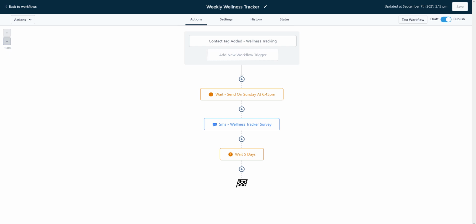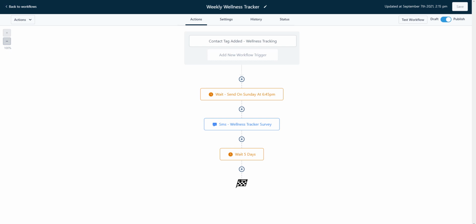Then once I have shown you that process, I will show you an advanced tip on how to get this survey extremely streamlined like we do here, where the clients don't even need to put their name and email in each week. To get started, let's explain what the purpose of this workflow is, and basically it is that